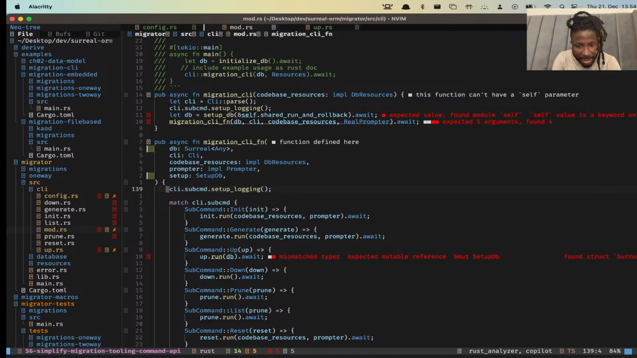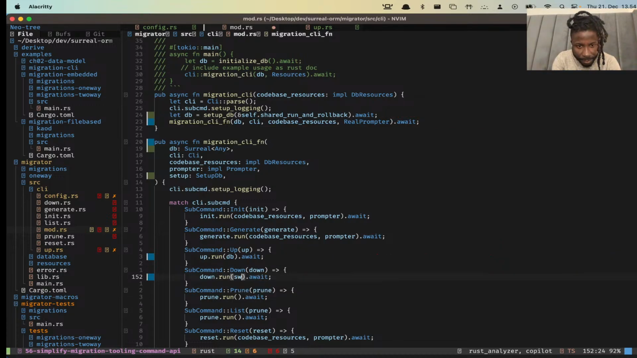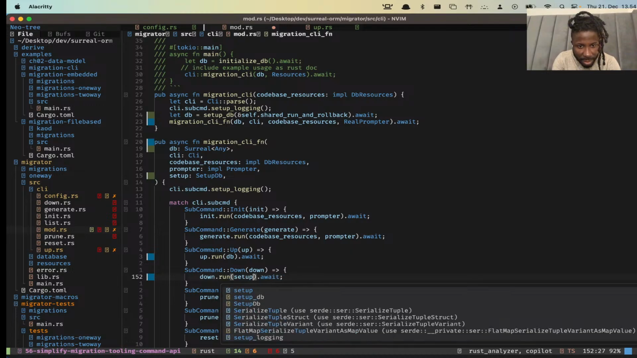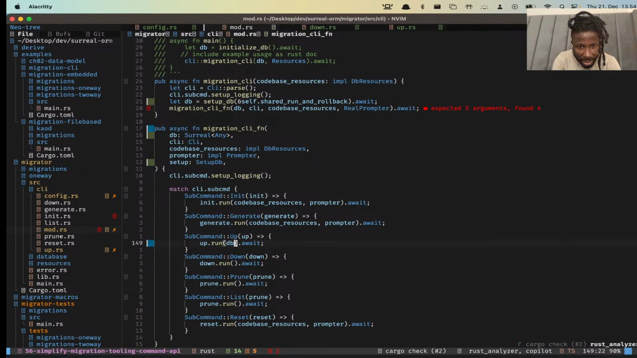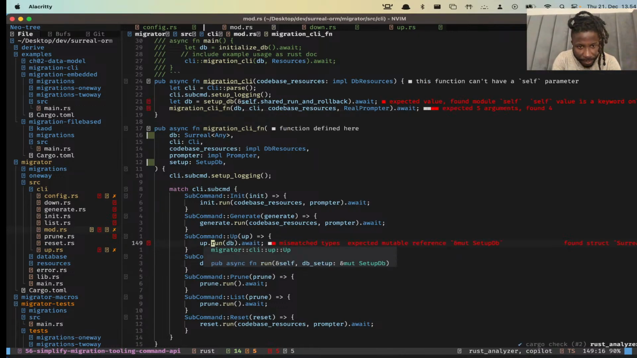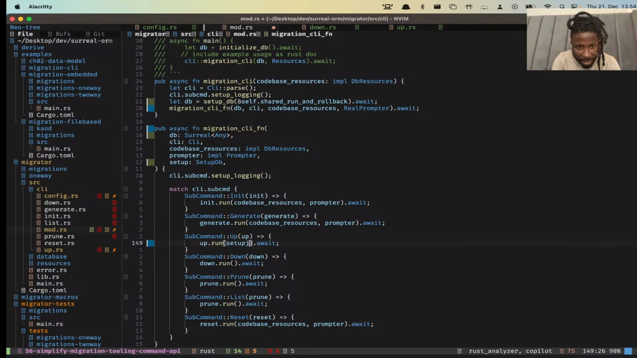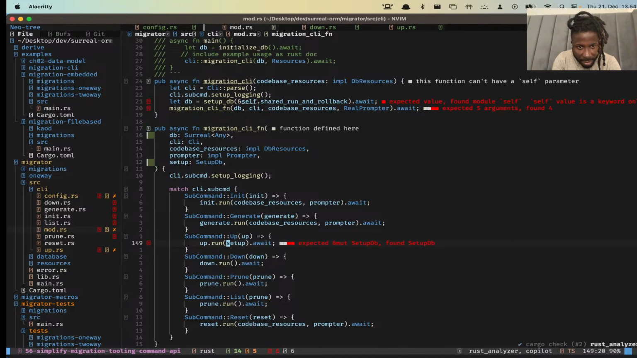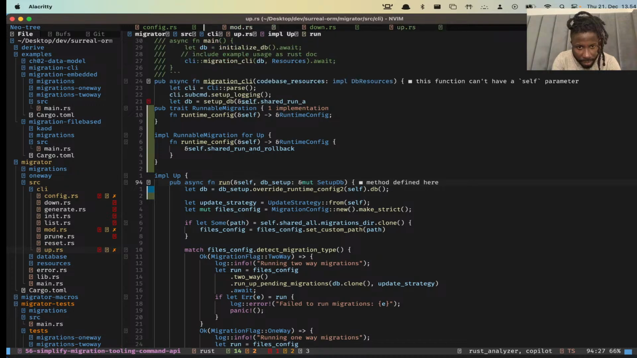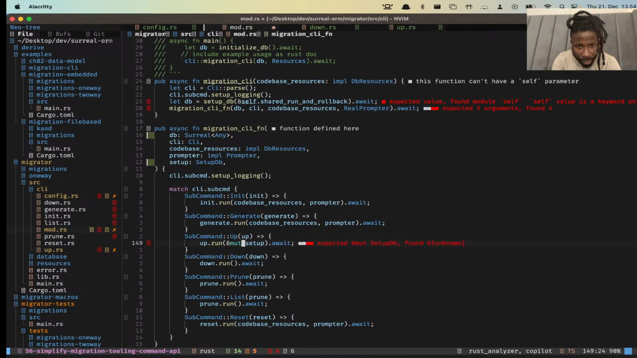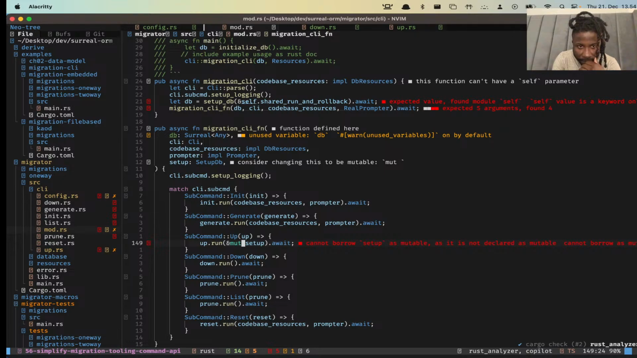So what do I mean by that? If we go here, we pass in setup DB, or just setup. Oh, that's not that. So this takes setup now. This takes setup. Let's pass that as